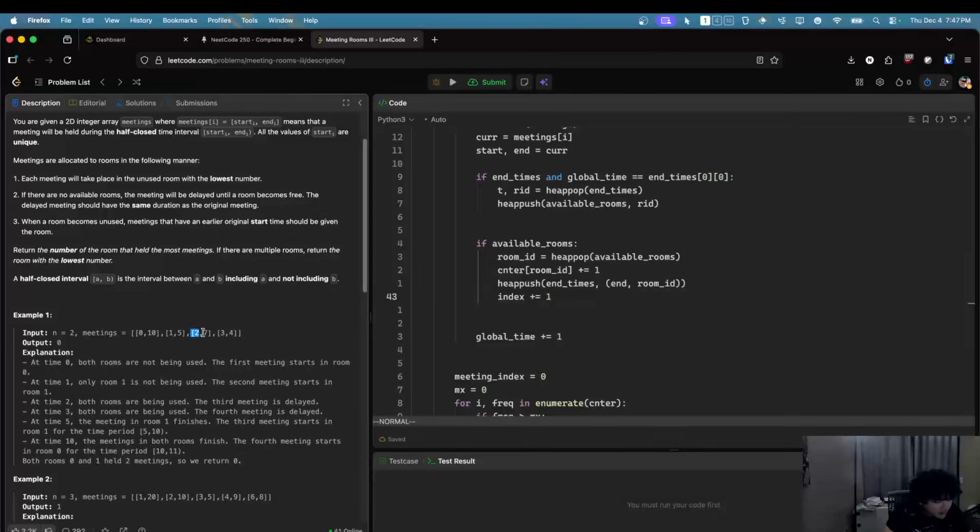Yeah. So like, for example, here, are there available rooms? Take it immediately, you know? Next, we take this. Okay, so we're here, here. Now we're at time 2, right? Are there any available rooms? No, so don't do anything. And then the global time is going to keep increasing, though. Are there available rooms? Yes, there is. So now I need to adjust my thing. So the end time is not this. End time is going to be